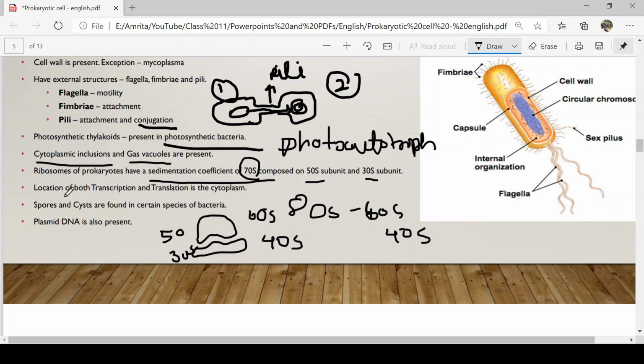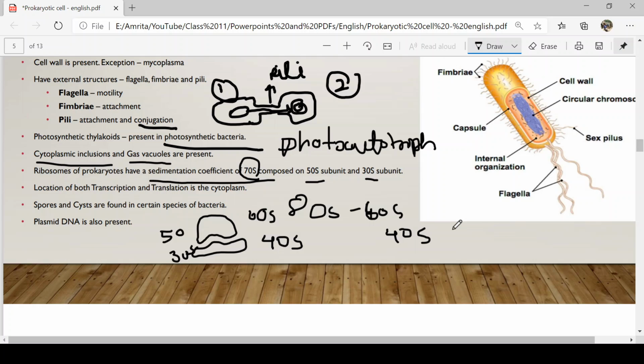Next, location of both transcription and translation is in the cytoplasm. Now that's very obvious, right? Because a prokaryotic cell does not have any organelles, does not have any compartmentalization at all. There is only one single cell, there is only a little bit of cytoplasm, and the nuclear material is just lying there. Now, if there is no compartmentalization, everything will happen at the same place, unlike a eukaryotic cell. There are no divisions, there are no rooms, there is nothing. Everything is one single cell. So all the activities will be taken care of by that one particular cell,